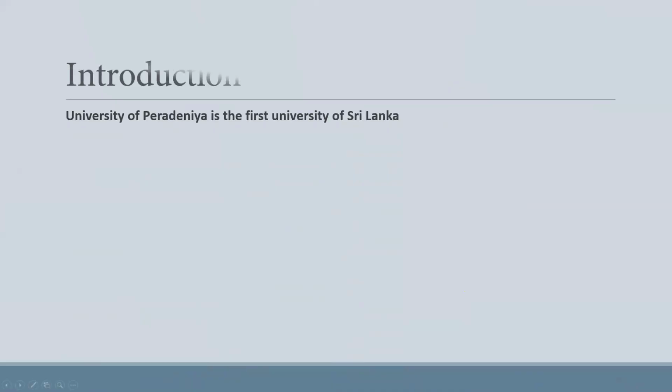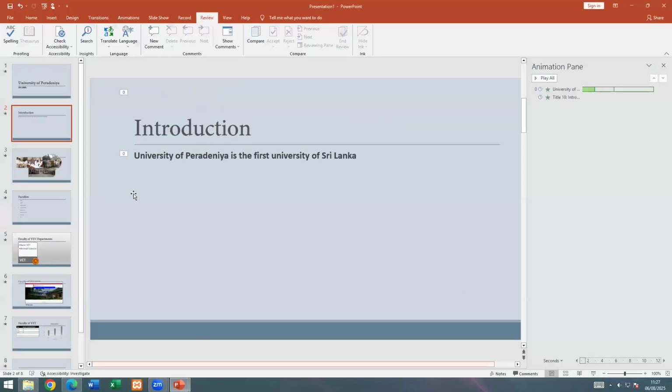That means you have to link some text or object. When you click it, it opens that. It may be a Word document, an Excel document, a PDF, or a web URL. So how you can do this is, if I want to link this University of Peradeniya text to the University of Peradeniya website,